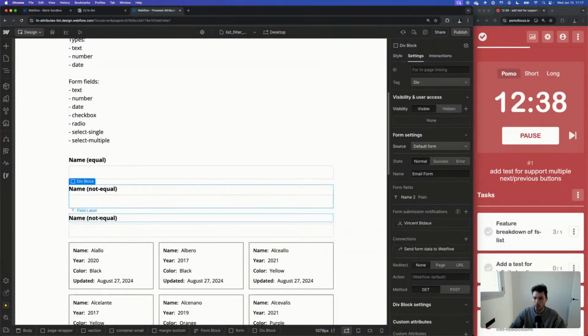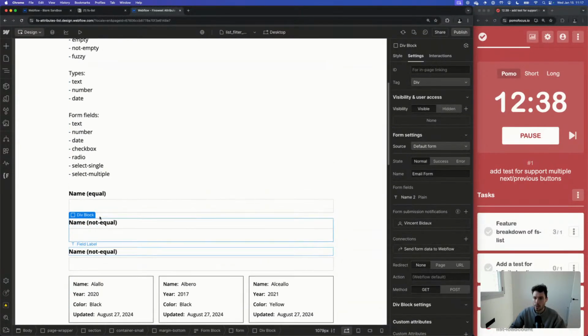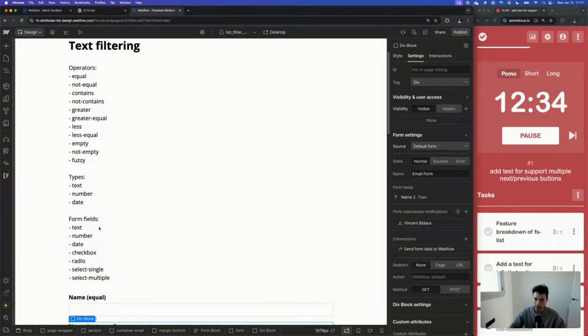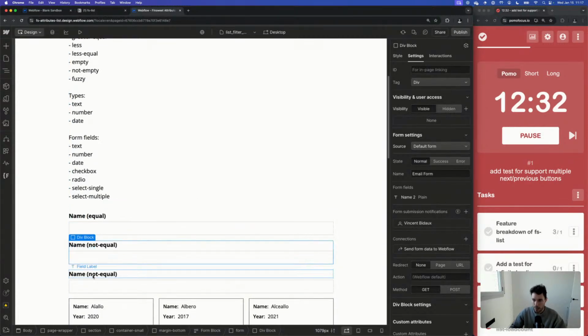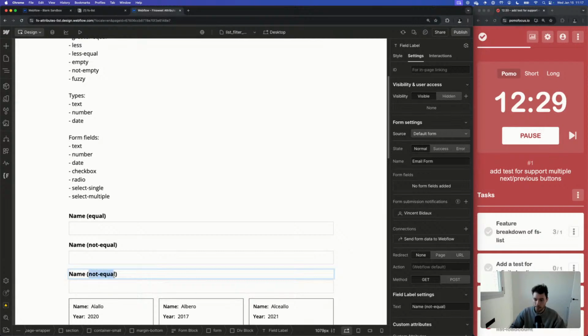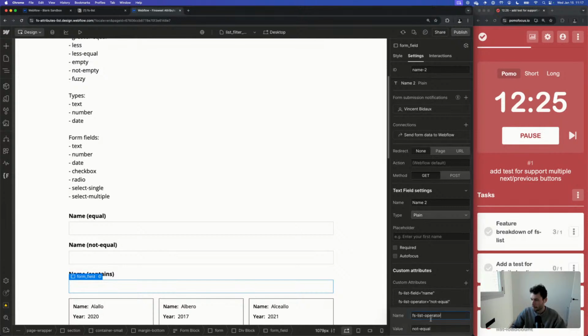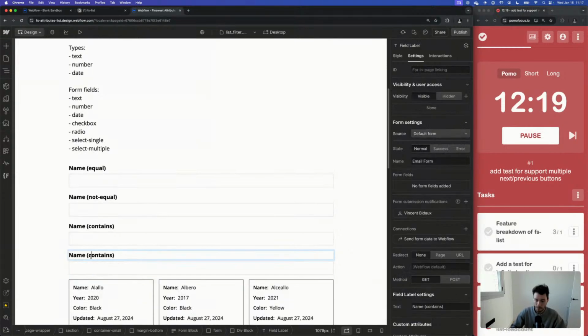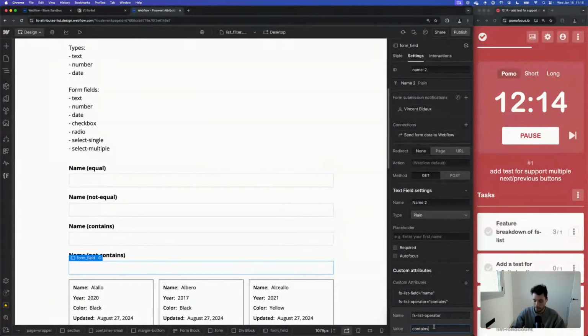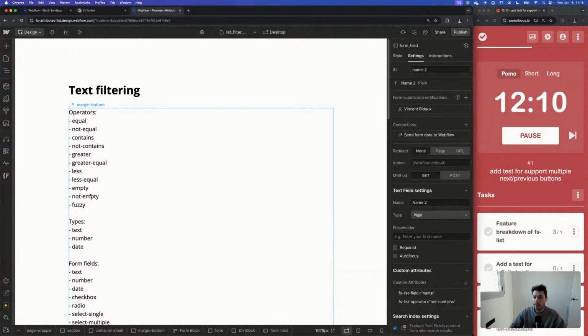Another one for contains, not contains, greater, equal, etc. Okay, so contains. Not contains. And then greater, equal, less equal.